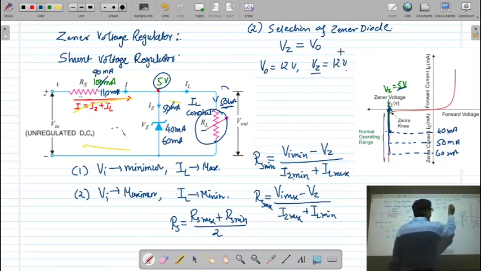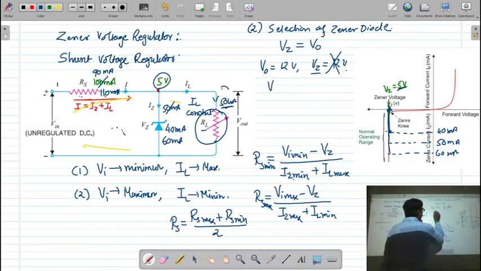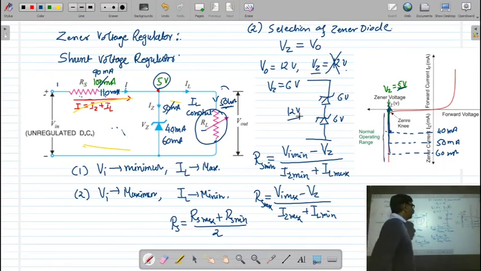But if this diode is not available, then you can use a number of Zener diodes with a lower breakdown voltage. So you can have Vz of 6 volt and connect both the Zener diodes in series like this. So this is 6 volt, this is 6 volt. So now the breakdown voltage is going to be 12 volt. So you can have this kind of combination in your power supply if a particular value of the Zener is not available. Okay.